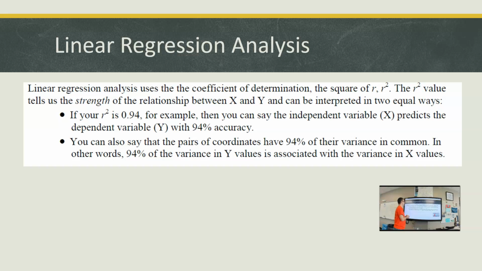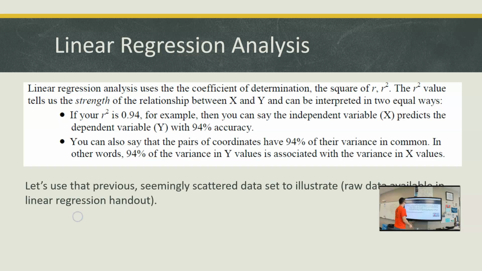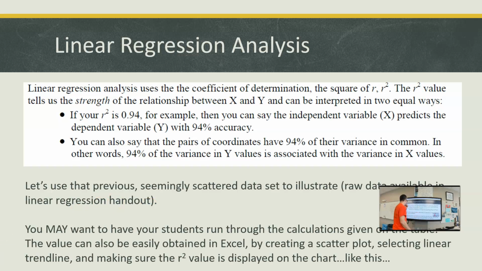You can also say that the pairs of coordinates have 94% of their variance in common. In other words, 94% of the variance in Y values is associated with the variance in X. That just basically means X does cause a linear change in Y with 94% confidence. All right? Let's use that previous singularly scattered data set to illustrate. And there's raw data available in that handout linked on the MAST website. The value is easily calculated in Excel,